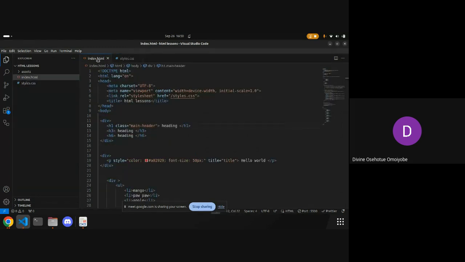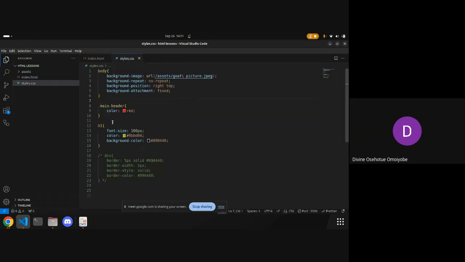Talking about other specificity now, let's talk about order of appearance. If two rules have the same specificity, the one that appears last in the CSS file will be applied. So let